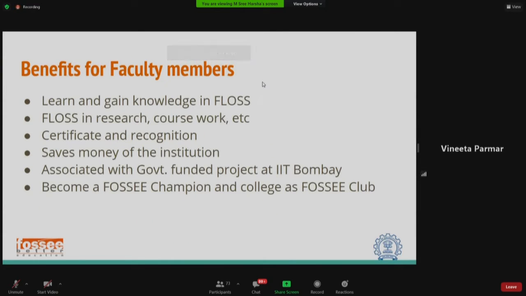Next, let me go to the faculty members. So faculty members also learn and gain knowledge in that particular software, in the FLOSS which they have been contributing to. They can use this knowledge in their research, in their coursework, and in their spare time they can explore the software more. So if a faculty contributes to any of our activities or any of our projects, they also get a